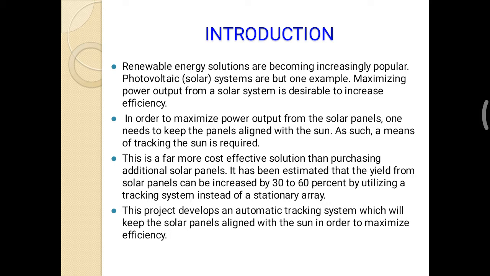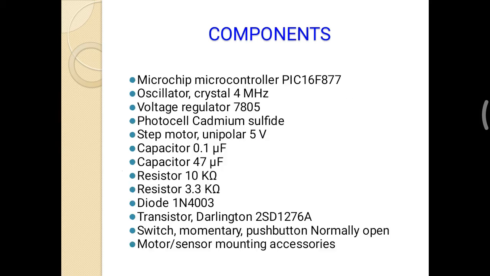It has been estimated that the yield from solar panels can be increased by 30 to 60% by utilizing a solar tracking system instead of a stationary array. This project develops an automatic tracking system which will keep the solar panels aligned with the sun in order to maximize the efficiency. Now, the components which are used in this system: microcontroller chip, Microchip microcontroller